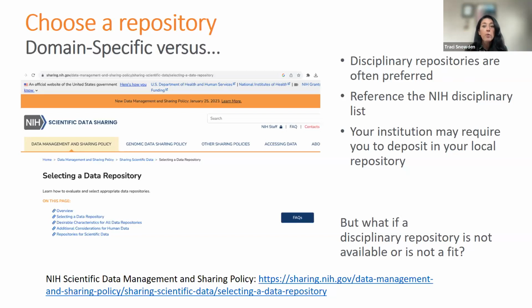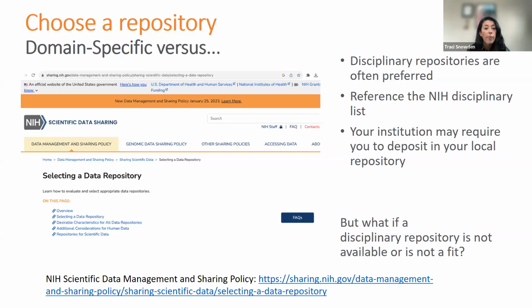Thanks. And we did have a question specifically about choosing a repository that I saw earlier in the flow. Of course, we're mostly waiting to answer the questions till the end, but I did want to address that. Hopefully this will address this question. If there are supplemental questions, please let me know, because we're really going through the basics here. So first and foremost, the NIH has put out a scientific data management and sharing policy.